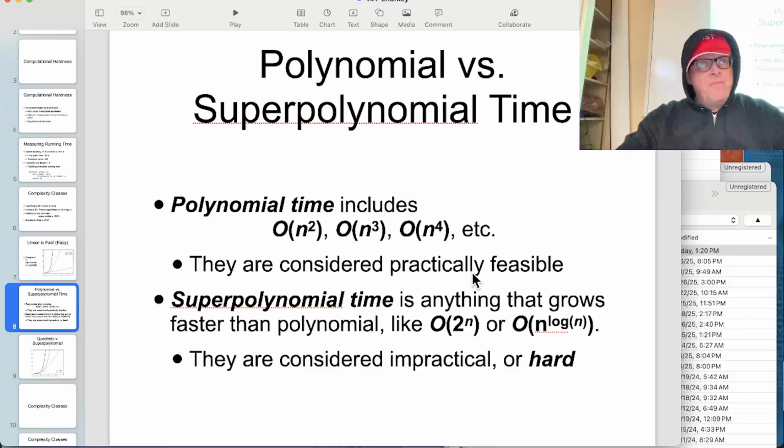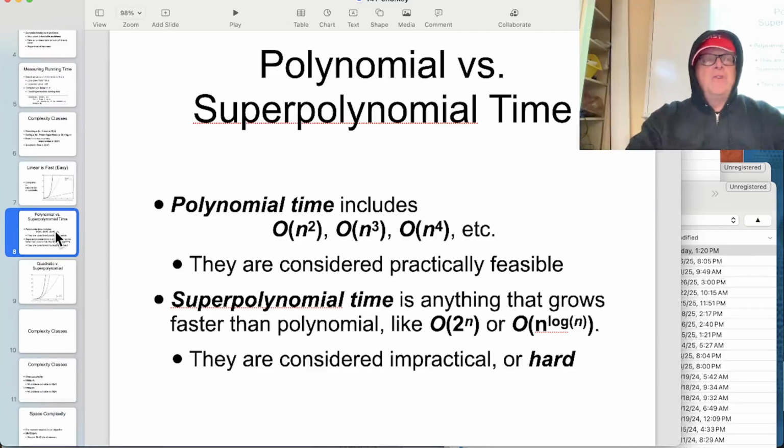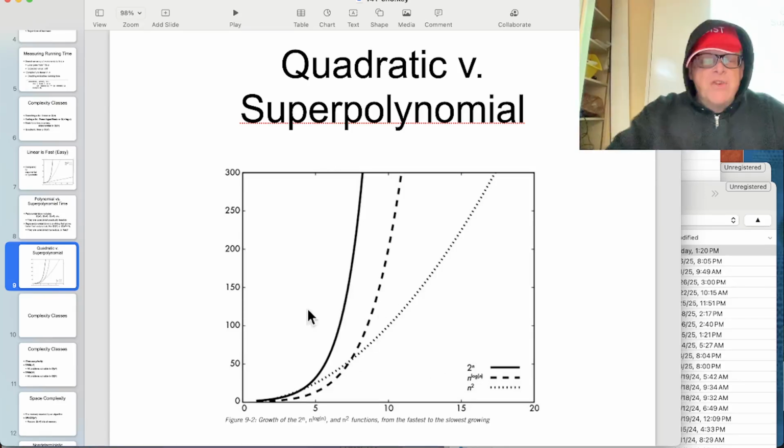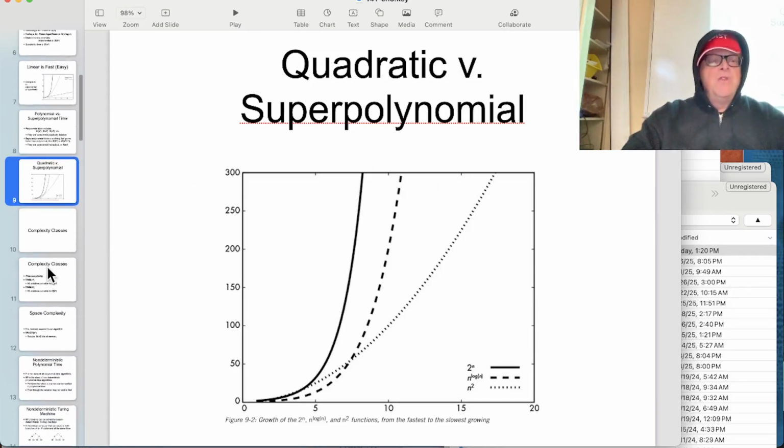Those are considered easy. Super polynomial is anything that grows faster, like 2 to the n or n to the log n, and those we call hard. Clearly it depends on the size of n, but in practice the point is that by raising n to a number you can achieve, you can make this impossible. And here you have more chance of keeping up by adding more processors and more memory. So here's 2 to the n, and this one here is n squared. You can see they grow pretty fast, but as you move out a while, it gets much, much bigger. So 2 to the n really grows to an outrageous number.